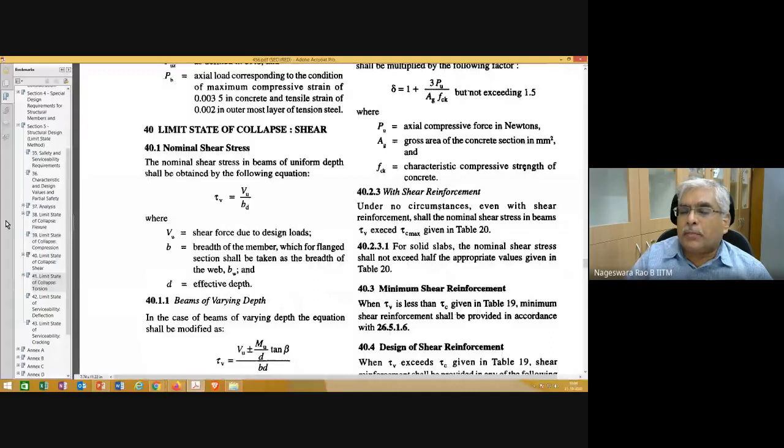So when the beam is subjected to torsion, nominal shear stress is calculated using this relation, except that wherever VU is there, replace it with VE. Here also, if it is for uniform depth, use this. If it is varying depth, use this relation.